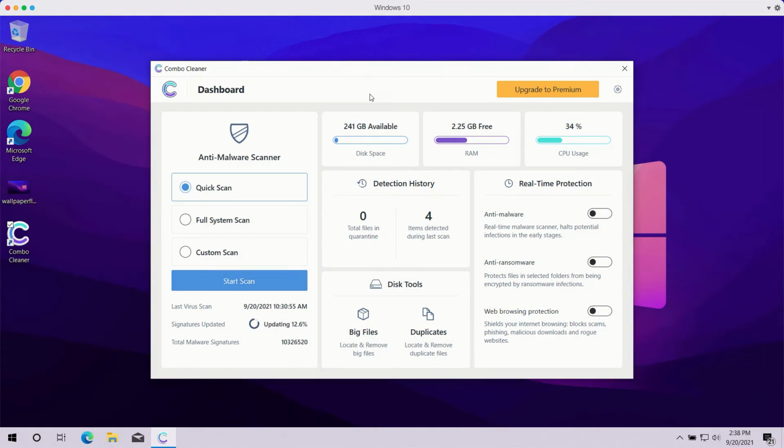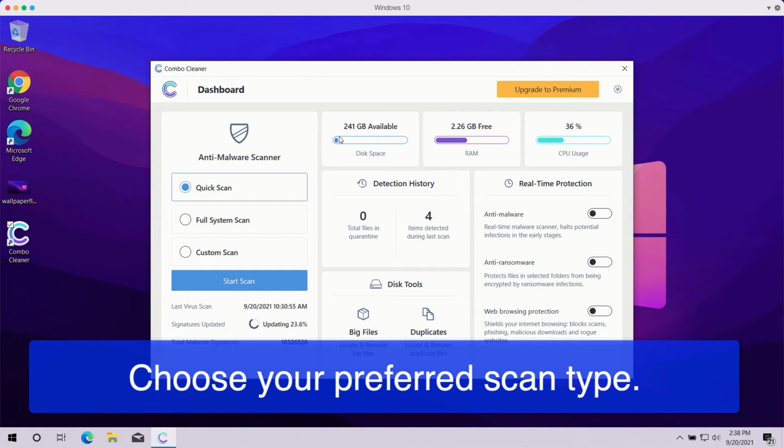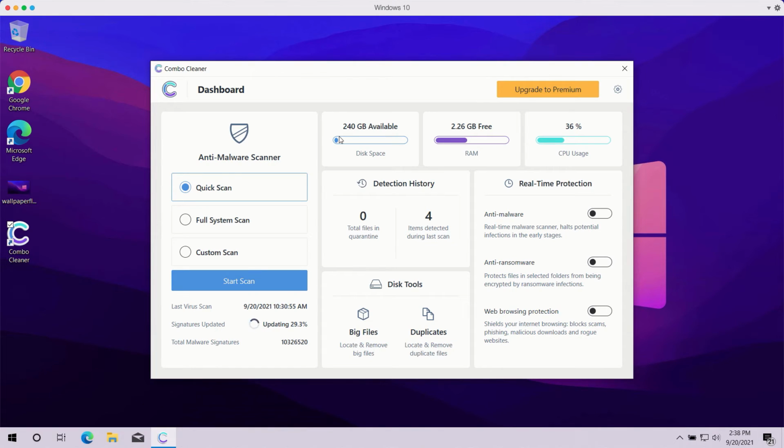infected. Once you start Combo Cleaner Antivirus, you need to select your preferred scan type. The trial mode of the program, however, only gives you quick scan, so you have no other option available. The premium version of the software also gives you full system scan and custom scan. After this scan type is selected or you choose the quick scan type in the trial mode, click on Start